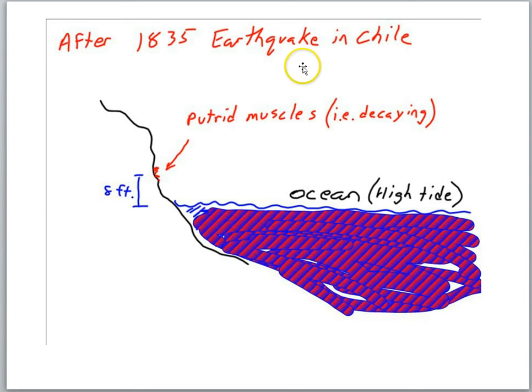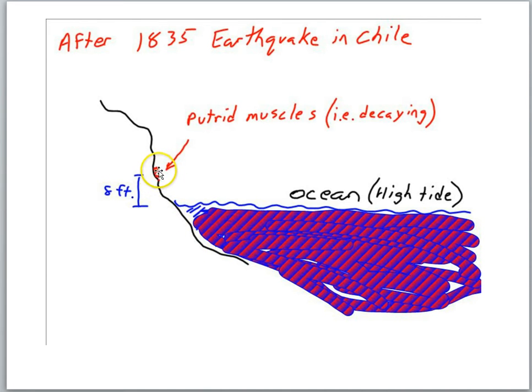It killed people at the time, but notably, it elevated some of the land masses around the area of the quake. It elevated the land masses a significant extent. So, for example, take this coastline here. After the earthquake, Darwin found